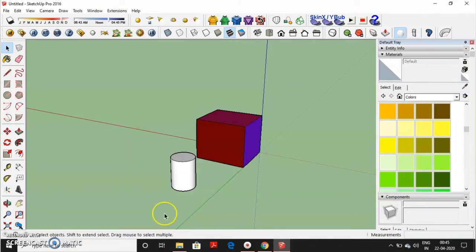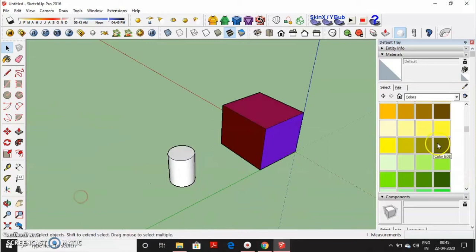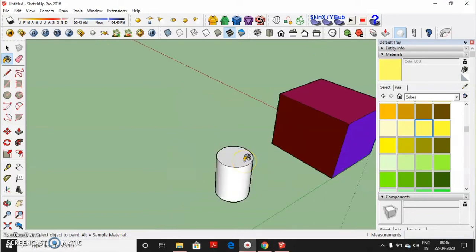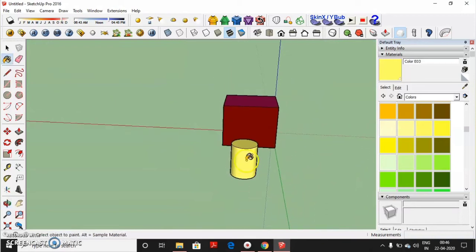Suppose you can see there are three sides of the cylinder, each of white color, and I have to give this color to each and every side. So rather than clicking each and every side, I will press the shift button and click only one side. This way all the sides are colored to what I choose.